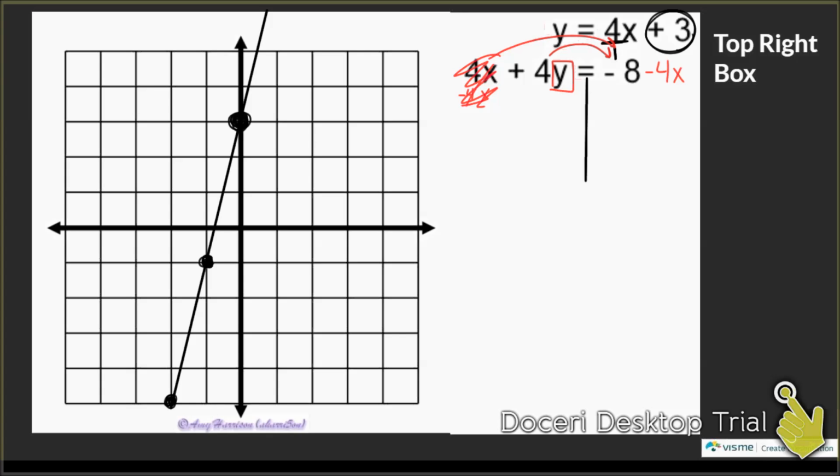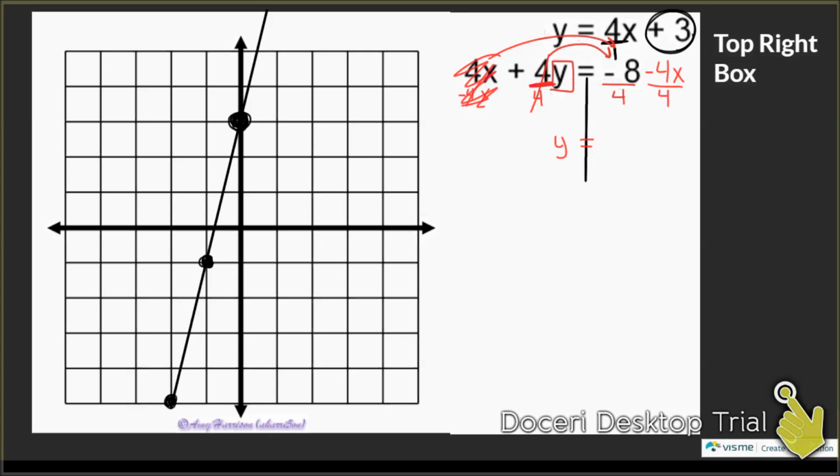Then the next thing I'd look at is I have a 4 next to the y. This is a coefficient. So to get rid of the coefficient, that's multiplication. The inverse of multiply is divide. So I'm going to divide every single one of these by 4. So every term gets divided by 4, which leaves me with, these 4's cancel out, y equals, because you guys